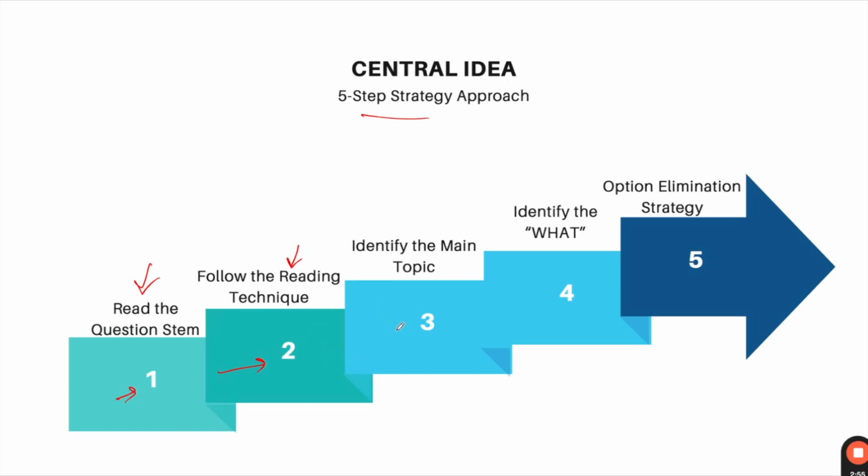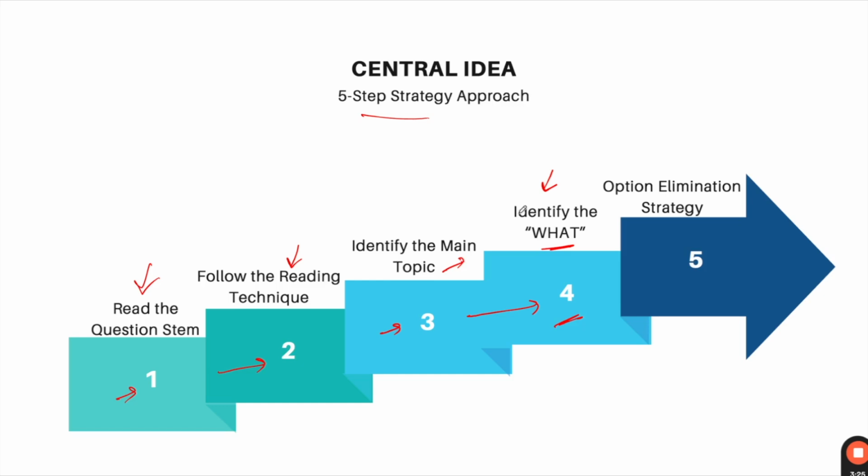Once you're done reading, you have to identify that one main topic of the text, something that's been discussed everywhere in the text, that one or two words that you can see everywhere in the text. Now, what about that main topic is being discussed? You have to identify that in the 4th step. Now this is not a compulsion. You can know that the text is talking about X, and then you can try and identify what it is about X that it's discussing in an overall manner,